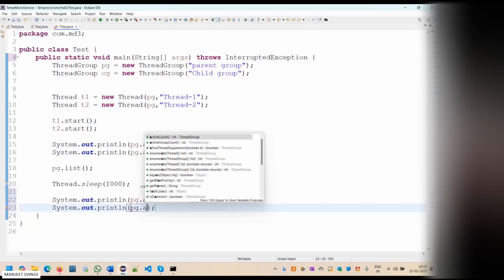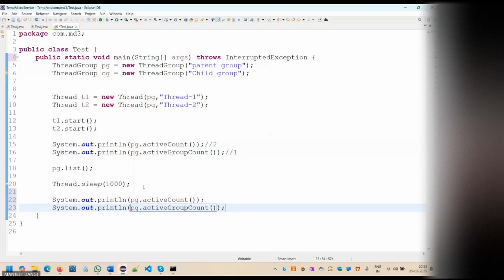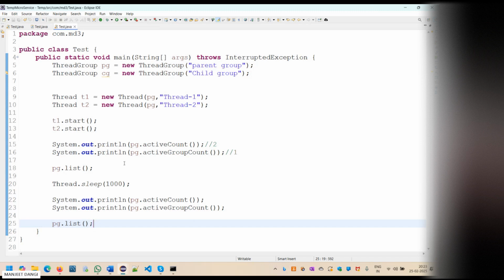This 1 second I will play. Within 1 second, what will active group count happen? See, yeah. So to do that,